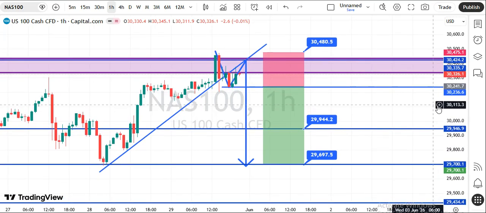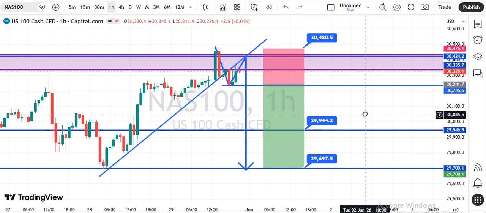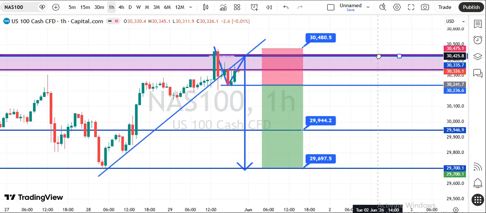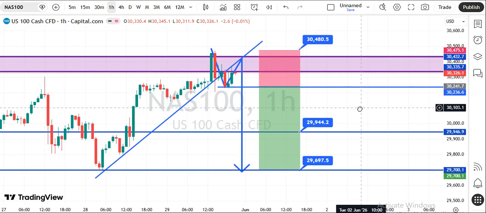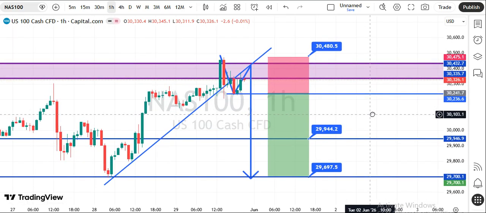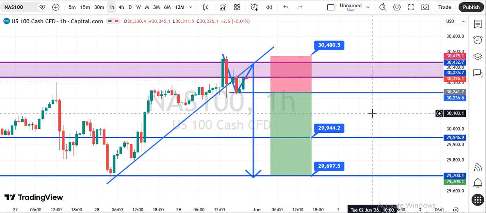No confirmation, no trade. No confirmation, no entries. Don't force it. All right? We get the confirmation, we follow. No confirmation, we stay away. Anything apart from that,